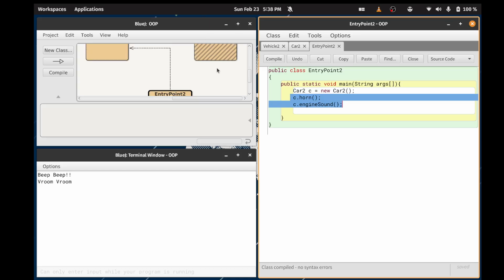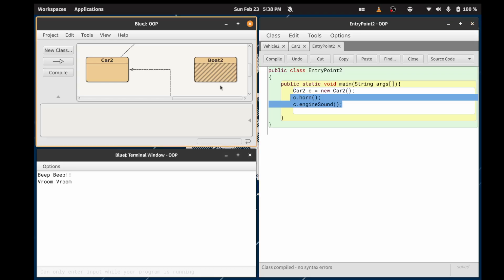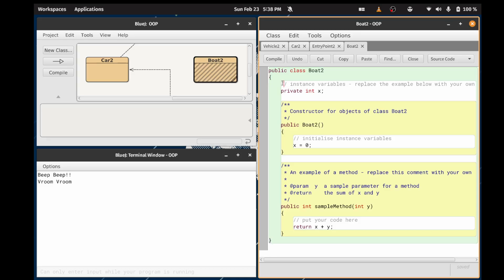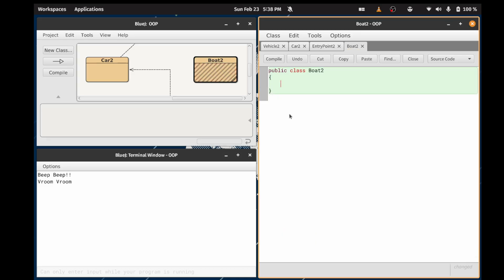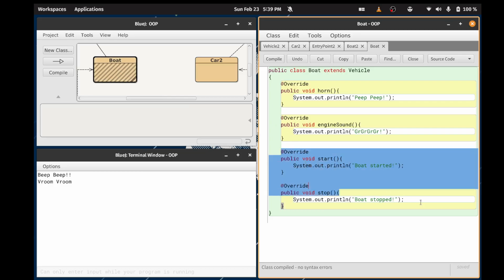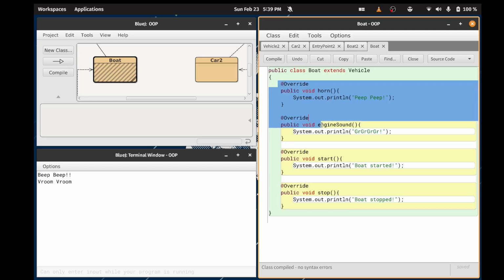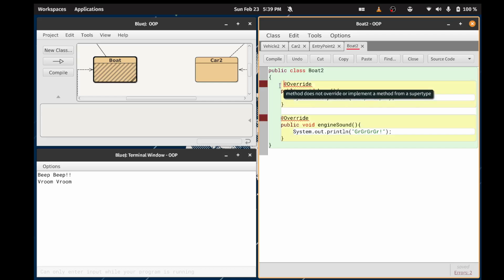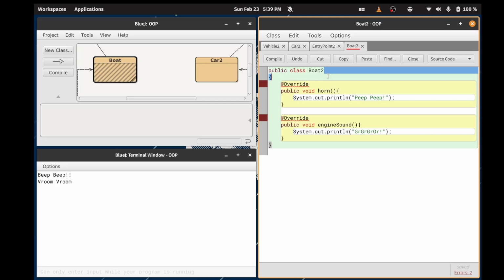So let's do the same thing for the boat 2 class as well. So we need to go here. And since this is the same thing as the normal boat class, except it was overriding the concrete methods as well, I can copy from here to here without any problem. I can just copy this. Go to the boat 2. Paste over here. And over here just write in